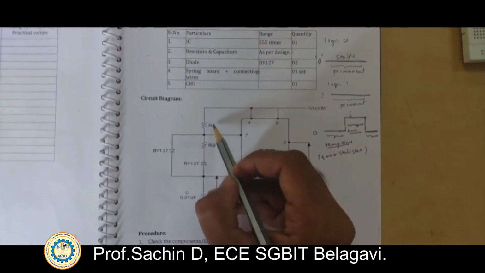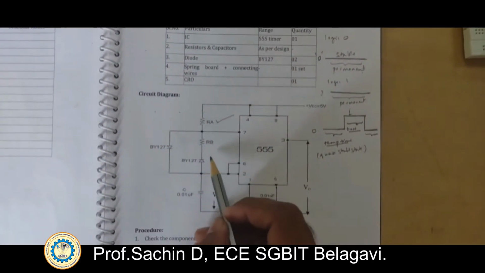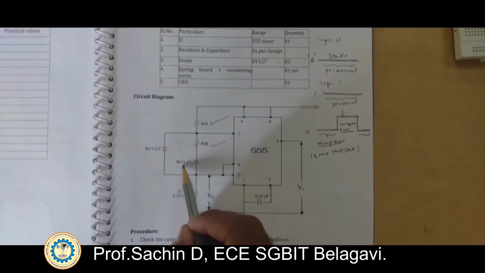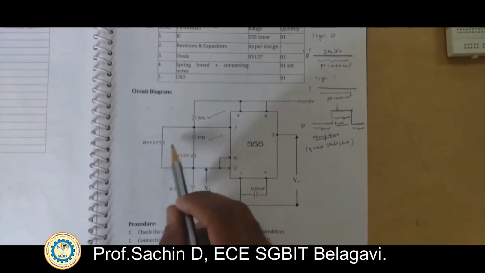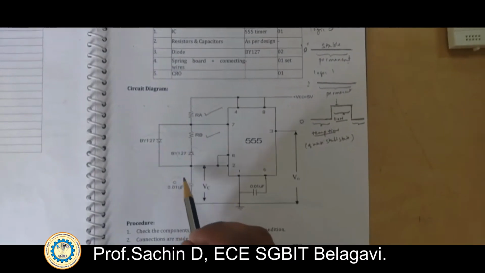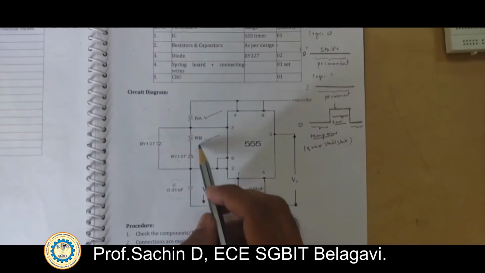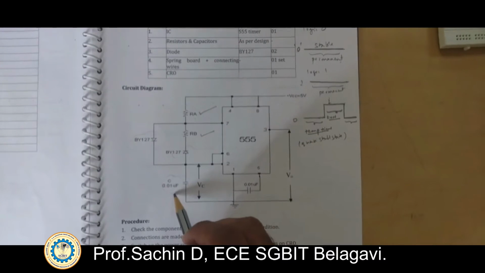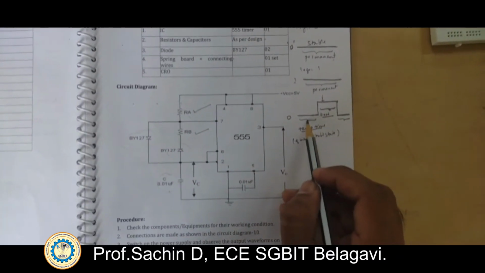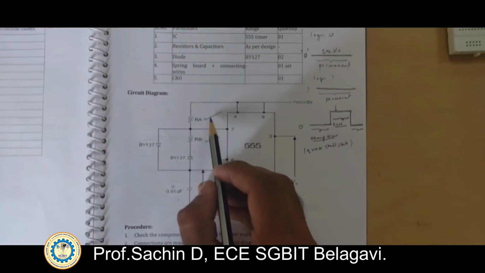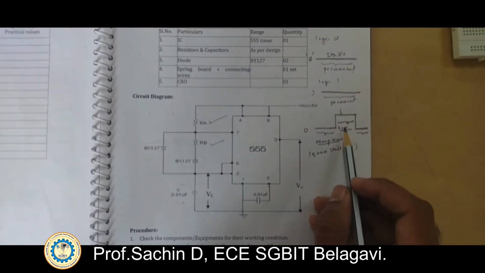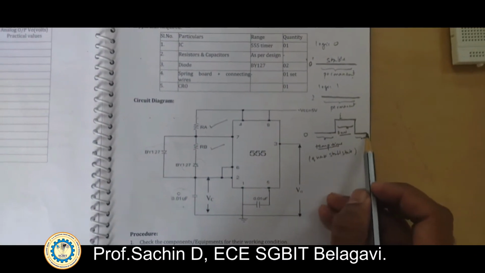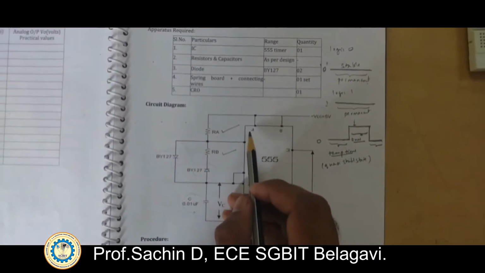So this is how I am going to design here. I need to design for RA, RB. Here the diodes are used so that we can protect this IC. Here the capacitor is used. This RC, RA, RB and this capacitor value decide my T on and T off time. Here we are going to decide how much duty cycle the T on has to be on. For how much time it has to be on, for how much time it has to be off, it all depends on the duty cycle.